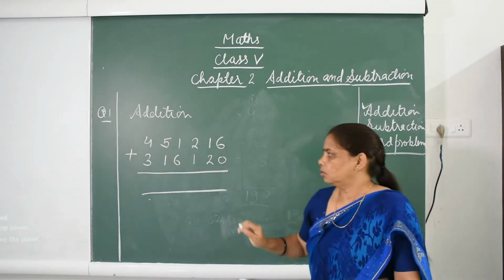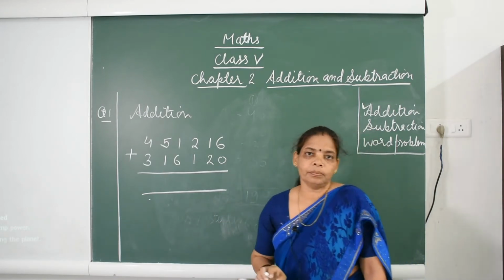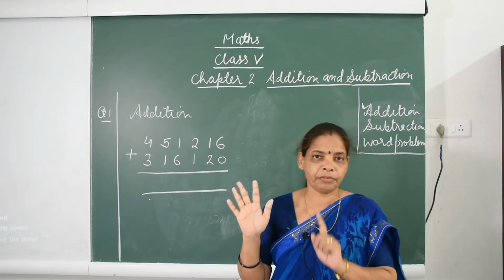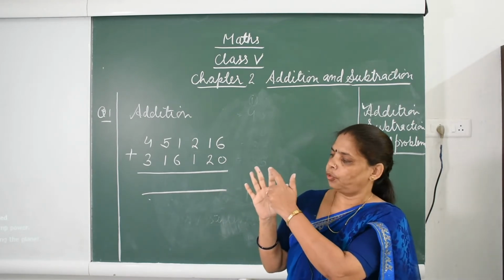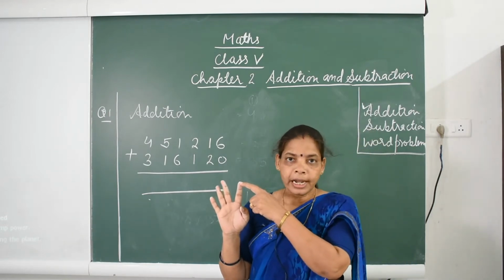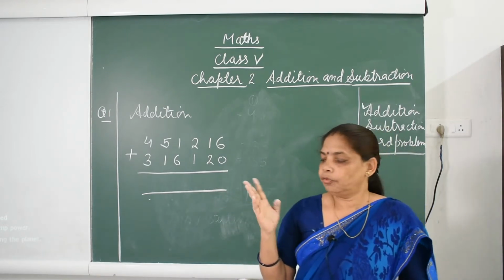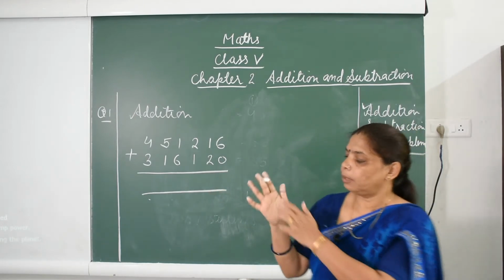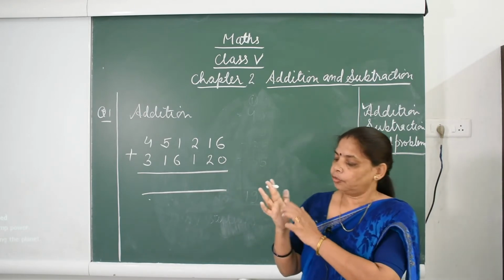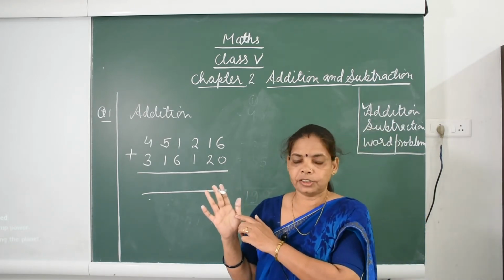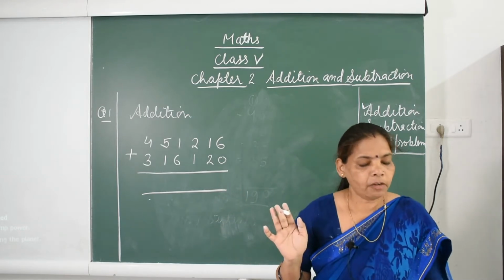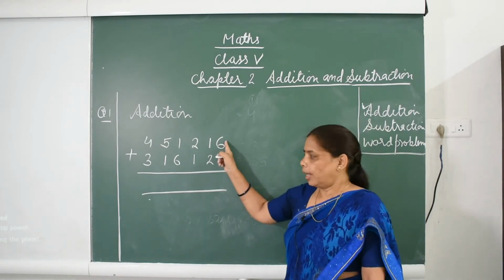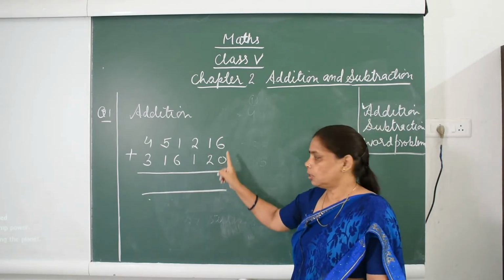All have seen. So you can add with the help of fingers or with the help of these lines. 1, 2, 3. One finger has 4 lines. So 1, 2, 3, 4. This way also take it as a line. So whichever you want, you can add with the help of fingers or with the help of these lines. But if you do the addition with the help of these lines, it will be helpful for you to add large numbers. So children, this is 0 and this is 6 and this is 0.